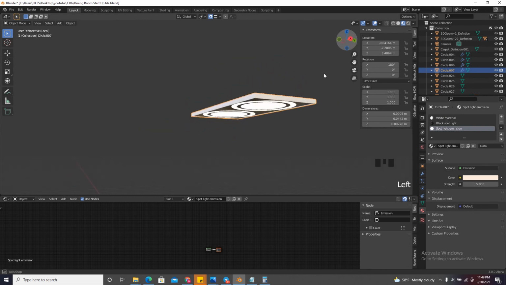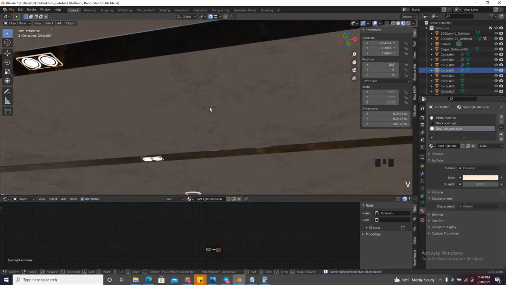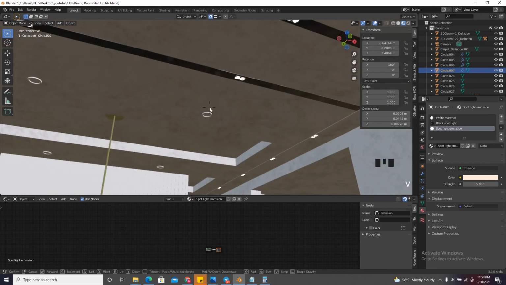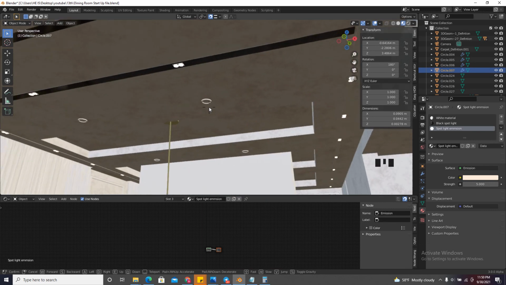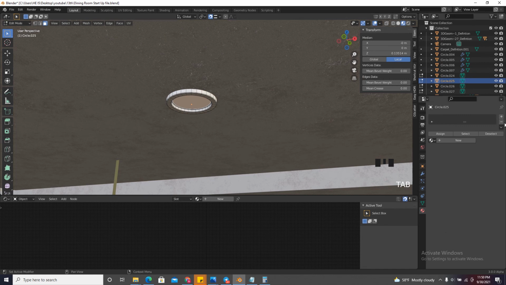So now we have something like this. So if I hit slash on my keyboard, as you can see, since every spotlight has the same property, everything will be applied as one. And I'm going to select this one and repeat the same process and press new. And then I'm going to